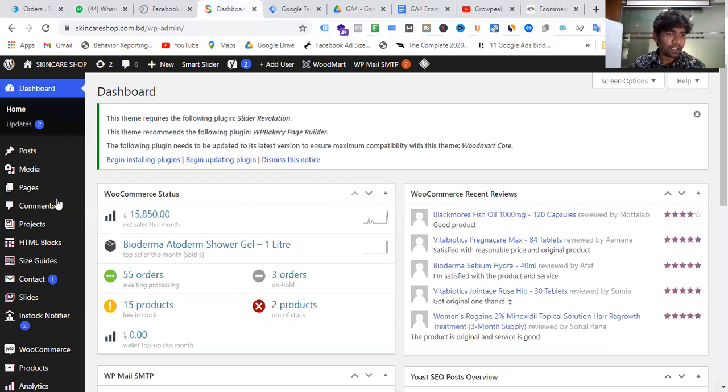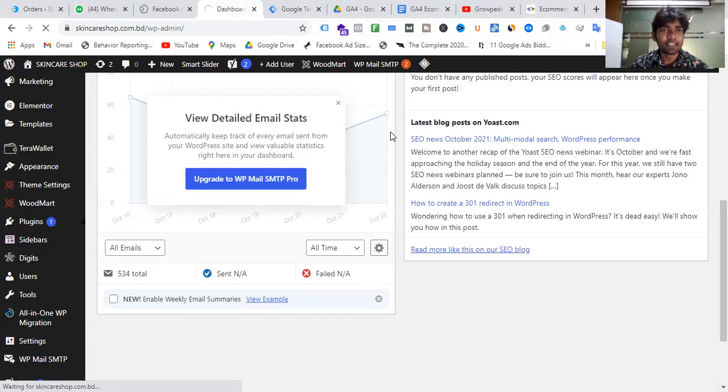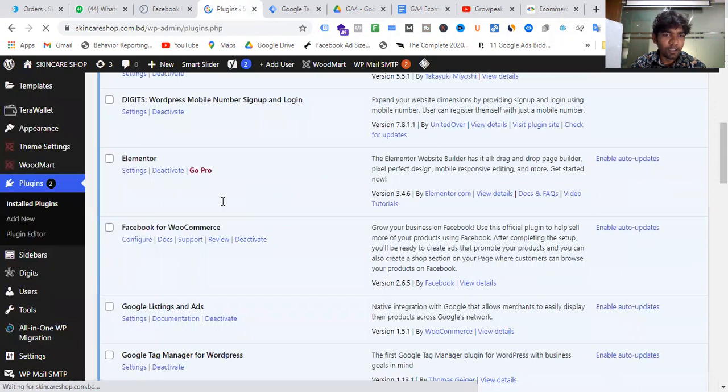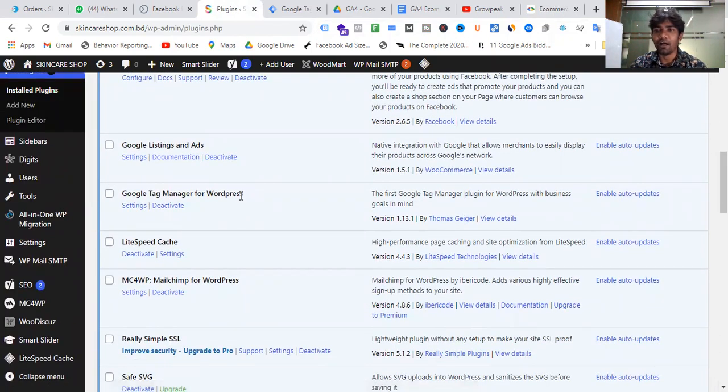So just go to the plugin section, install plugin, and search for Google Tag Manager for WordPress. This is a very powerful plugin for digital marketers, I mean, who actually want to track at an advanced level.